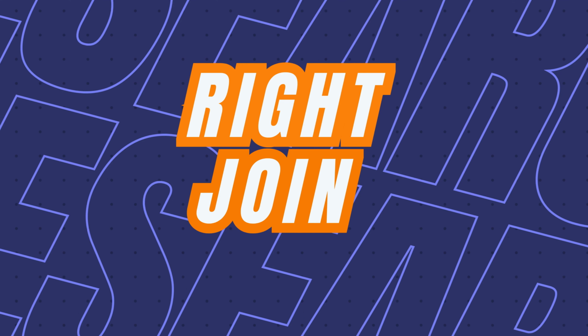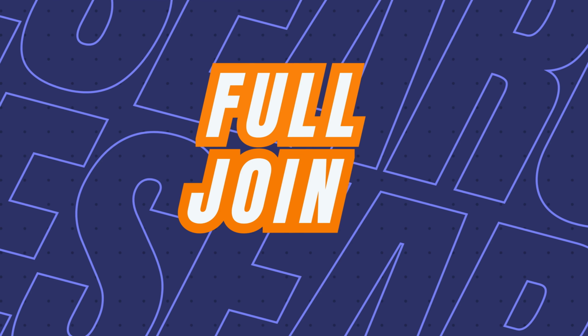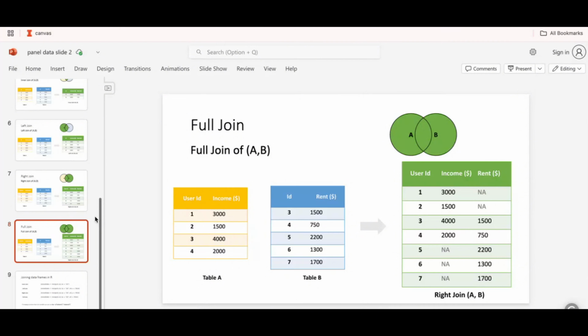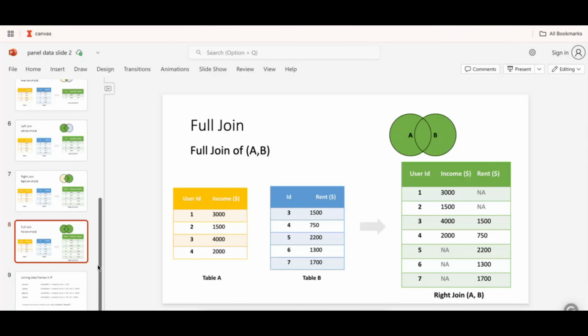The next one is your right join, which is the opposite of the left join that we just learned. Here it keeps everything from the second data set and only the matching values from the first data set. You can see this from the example, right? And the Venn diagram. This one is full join, and as the name suggests, it will just combine everything from both the data sets. Did you use any of these approaches in your joining? No. But I'll show you how to use them in R.